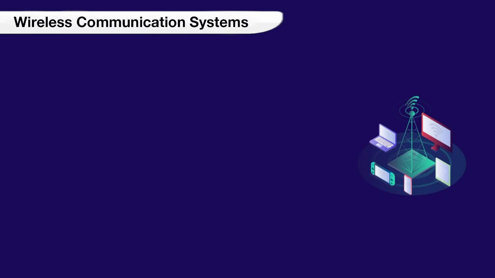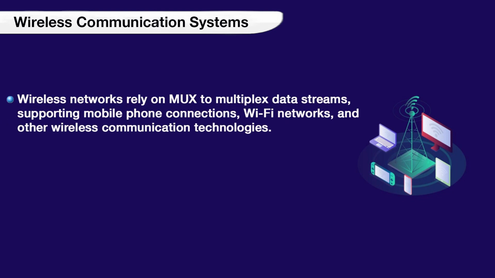The WhatsApp calls which we use today, or various video calls that we use today, use this multiplexing system. Wireless communication systems. Wireless networks rely on multiplexers to multiplex data streams, supporting mobile phone connections, Wi-Fi networks and other